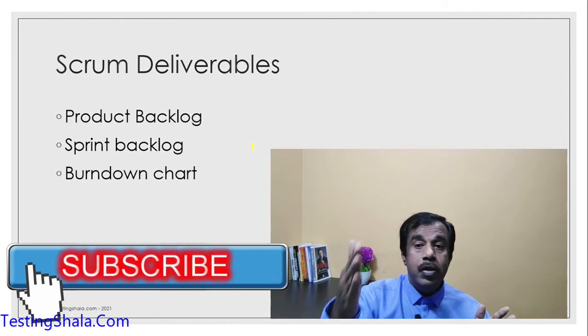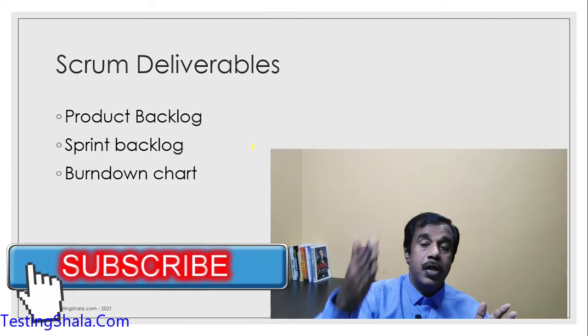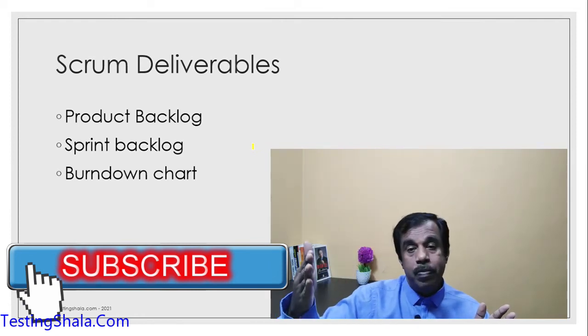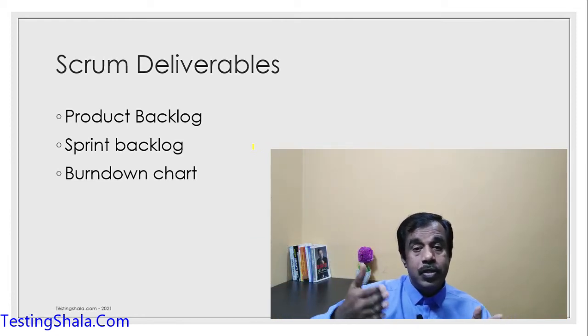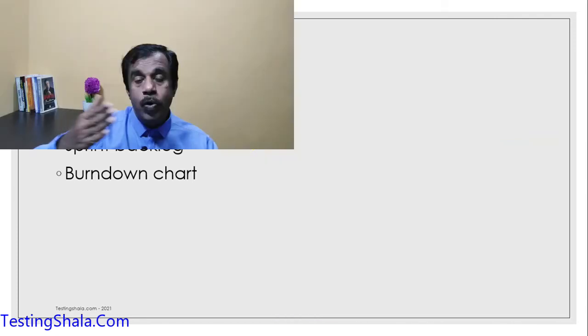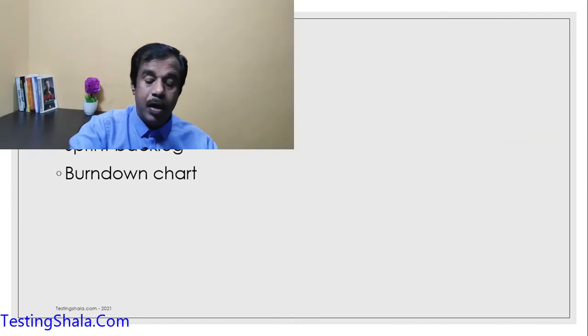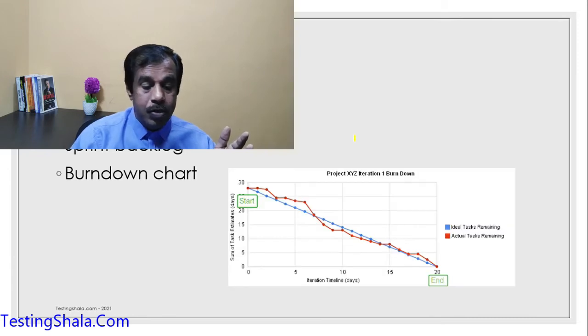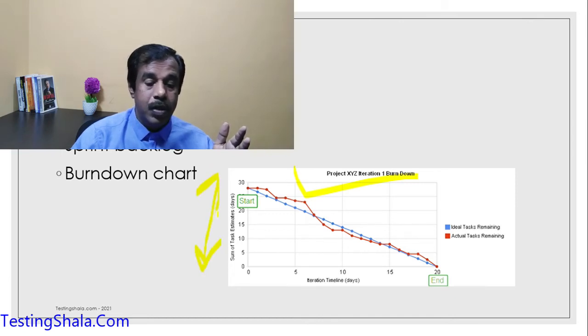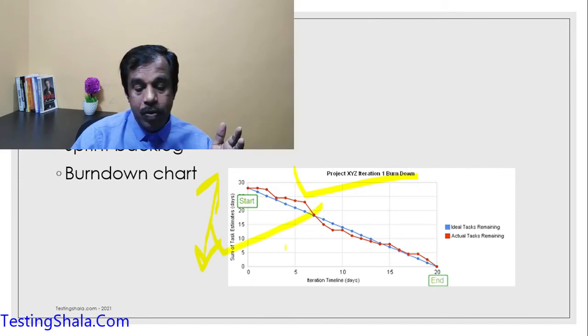Then this is a burn down chart. After placing all the user stories and breaking them down into further tasks, those tasks are planned for a given sprint, and that is where the burn down chart comes in to show how we are trying to deliver. Let's say we have a total task of 30 days. Now we are going to measure everything